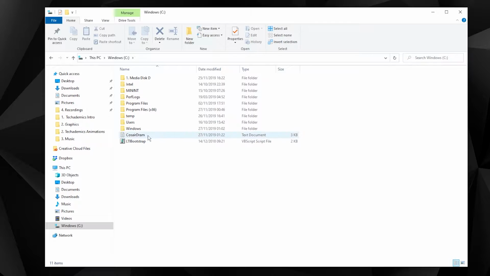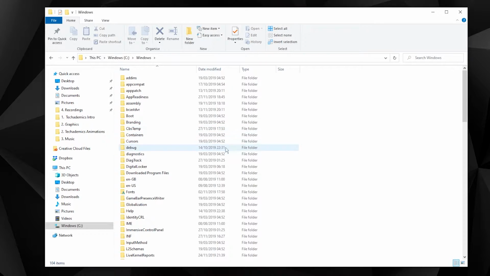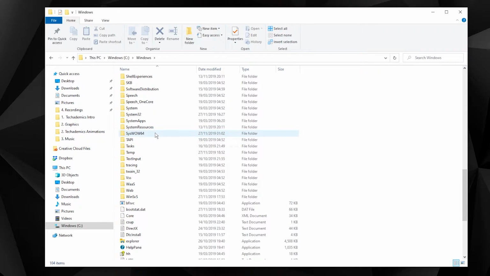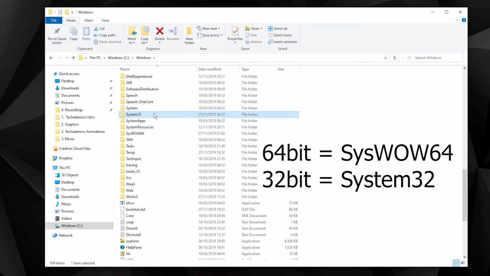Once you're here, you want to go ahead and click on the Windows folder. Then from here, you want to scroll down slightly, and you want to go ahead and find the file called SysWOW64 and open that up. However, if you're running a 32-bit operating system, you want to go ahead and open up System32. However, 90% of systems are now running 64-bit operating systems, so it's safe to assume that you are, and open